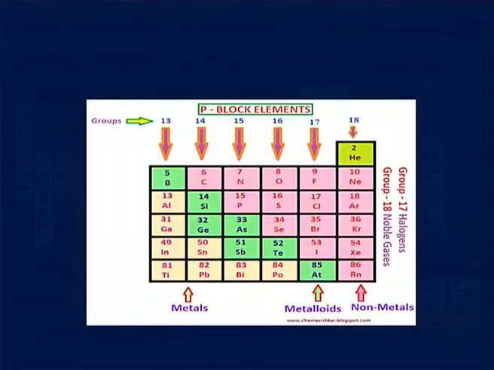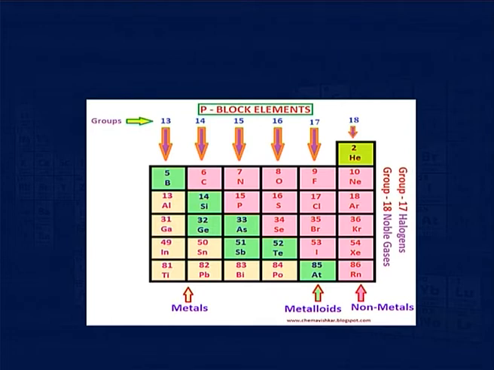Within a group, as I will discuss, you will find that the metals, non-metals and metalloids appear with variation in the electronic configuration. From this part of the periodic table, you can see the p block elements are arranged on the right side of the periodic table. The groups start from 13th, 14, 15, 16 and 17, which is our objective of discussion.